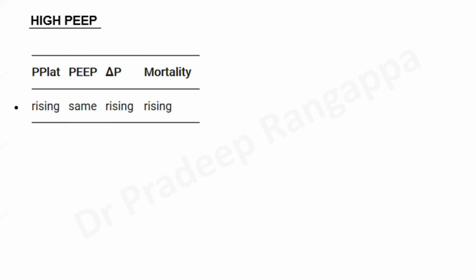So what do we understand? If P flat is rising, so if plateau pressure is going up, you obviously reduce the tidal volume, but you do not optimize the PEEP. So delta pressure, which is the driving pressure, is P flat minus PEEP. So your P flat is increasing and you have not optimized the PEEP. So your driving pressure rises, so your mortality increases. This is very important. Just pay a few seconds to understand this, which I've spoken about in a few other videos also.